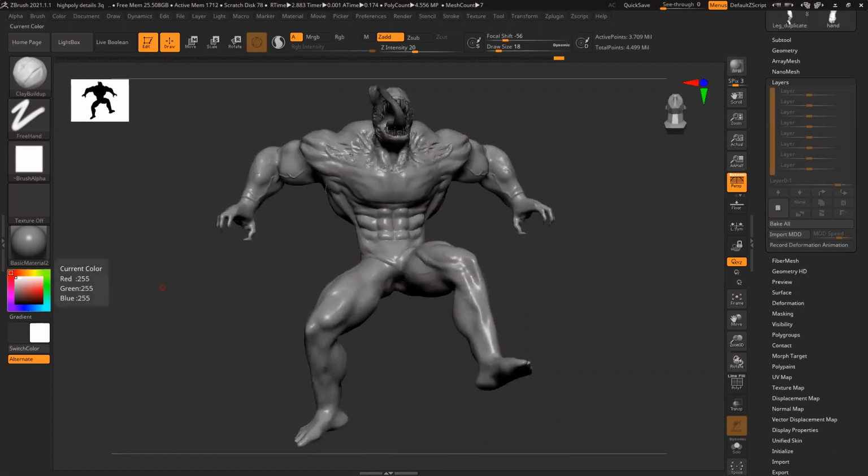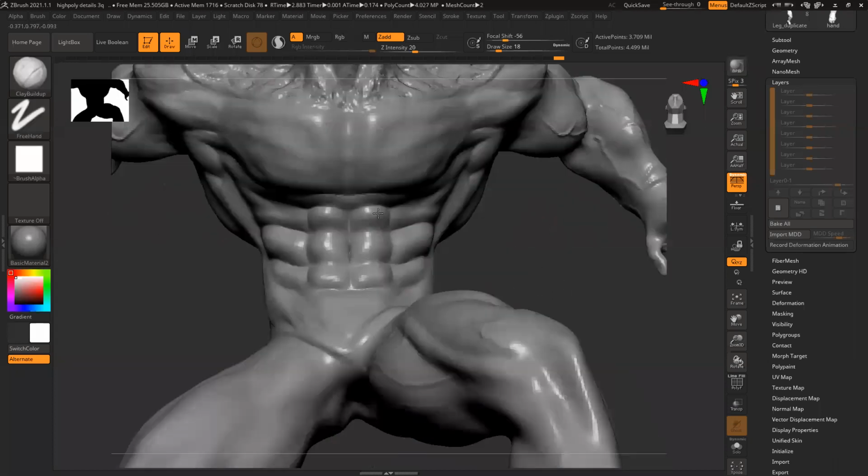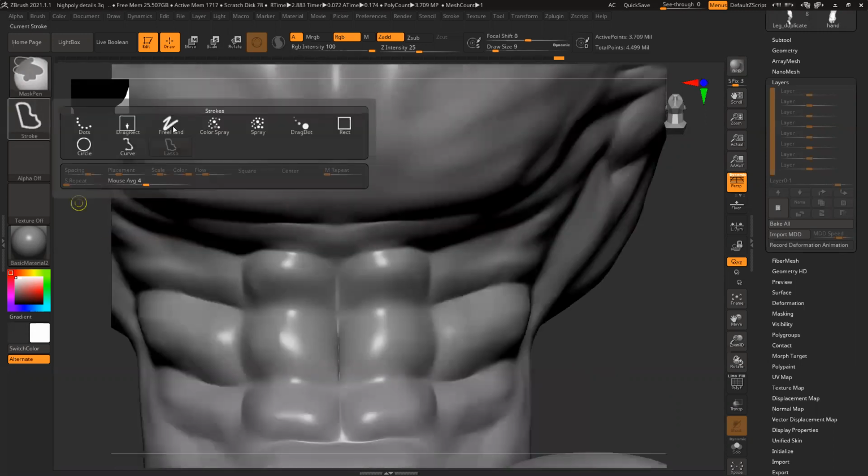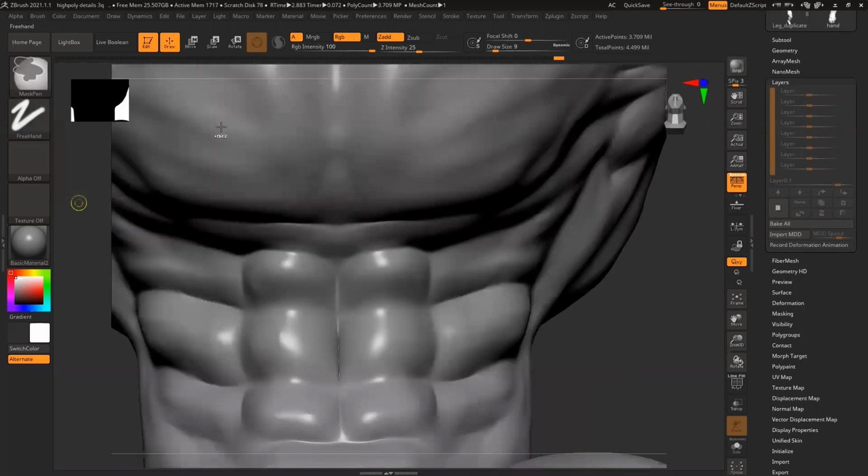And then you asked me about that spider. For that spider, what you have to do is mask it out, mask the entire spider. Okay, my bad. Freehand.